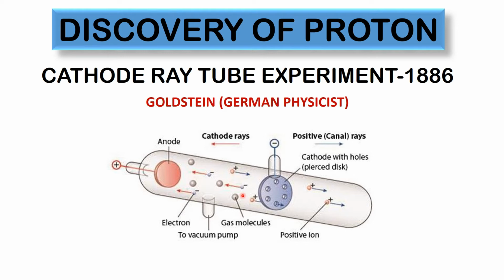Now, how do these cathode rays, which are traveling towards the anode, convert neutral gas molecules into ions? So this is what happens. We have neutral molecules which are struck by the particles emitting from the cathode, and so they eject an electron out of the neutral gas molecules. And we already know that atoms are neutral, so if they have electrons which are negatively charged, they must have the same number of positively charged species to make it a neutral species,